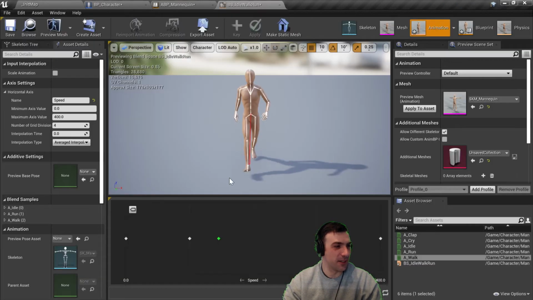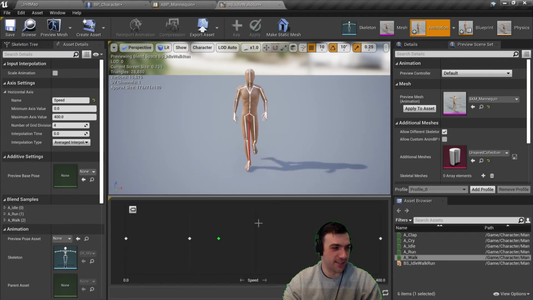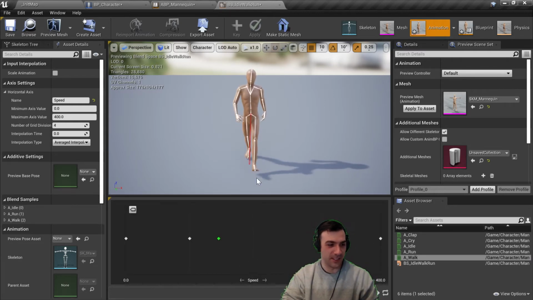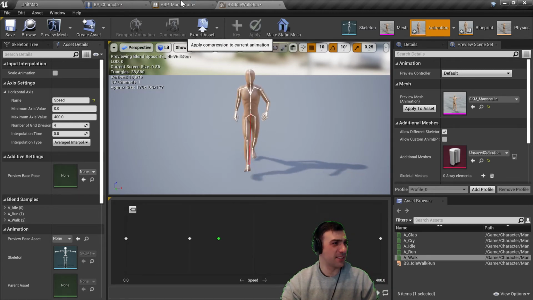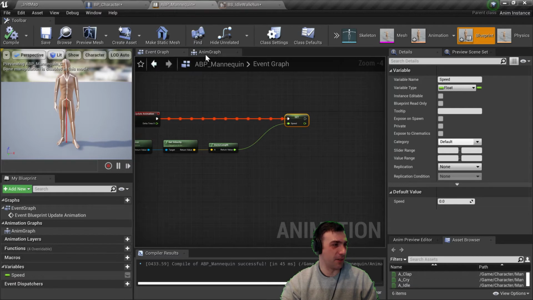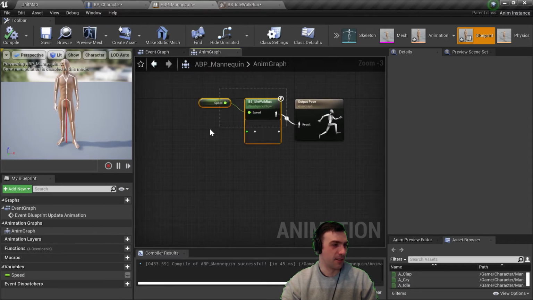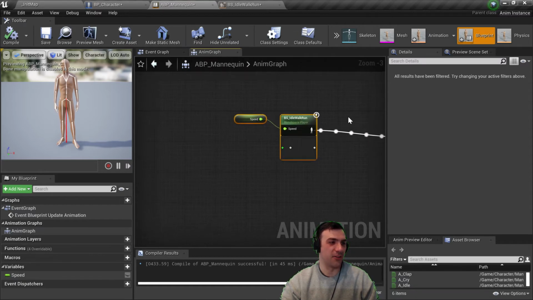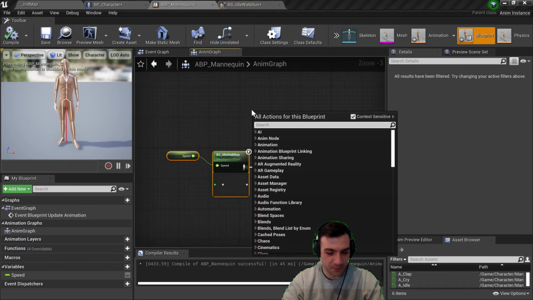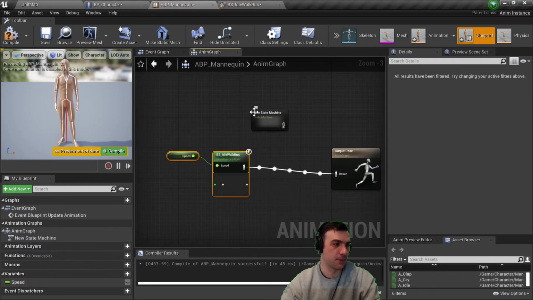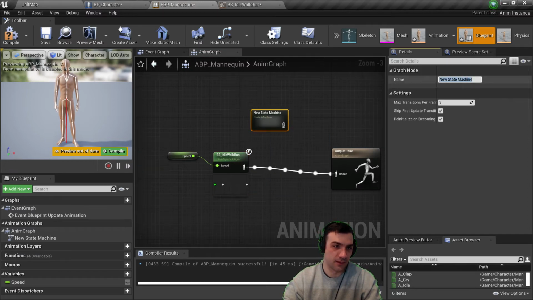So even though this blend space walk, and I should say you can do a 2-axis or 2-dimensional blend space, so you could have not only speed, but whatever you want to call this variable, and you could have something up here, and you could create these very complex animations blending between all of them. But state machines, if I come back to my animation blueprint and go to the animation graph, what if I wanted some logic that was a little more complex than just this one-dimensional thing? We can say add state machine, and I'll just give it a name like character logic,